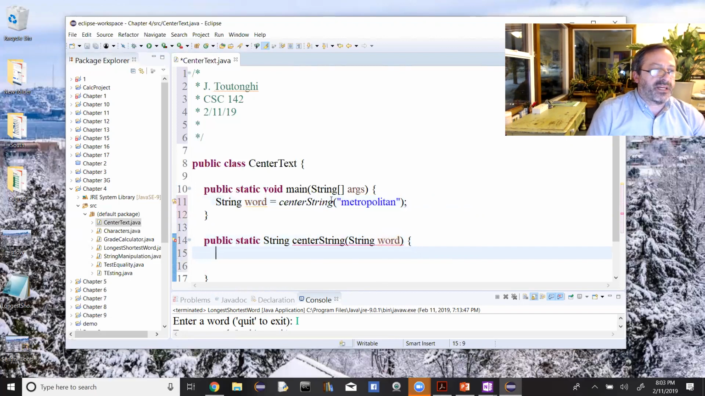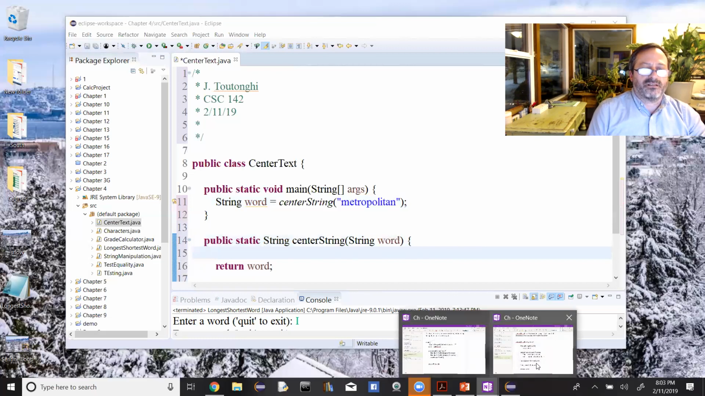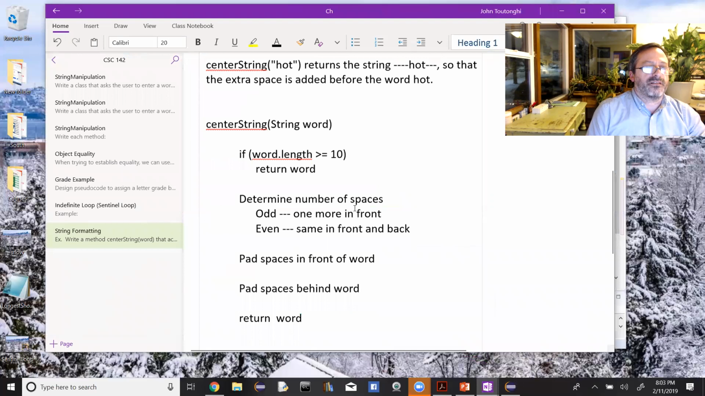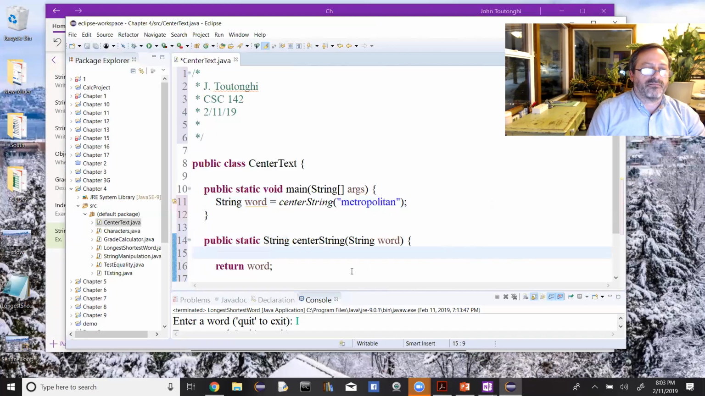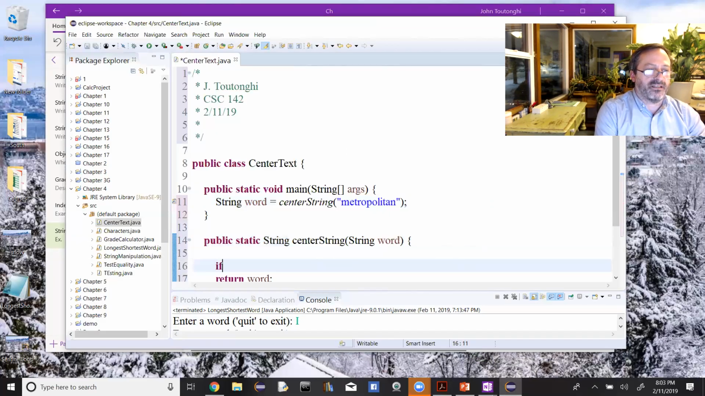So this guy is giving me an error here because it wants me to return something. So let's just return the word at this point. Everything is fine. The logic is working. In our pseudocode, if word length is greater than or equal to 10, return the word. So literally here, if